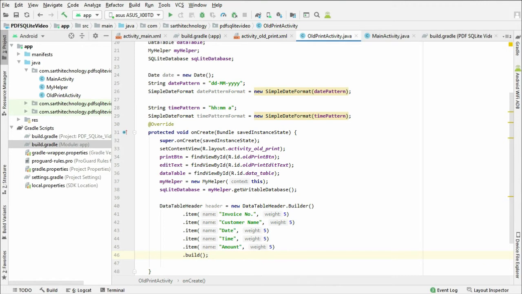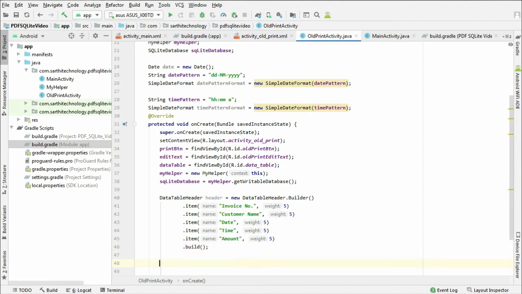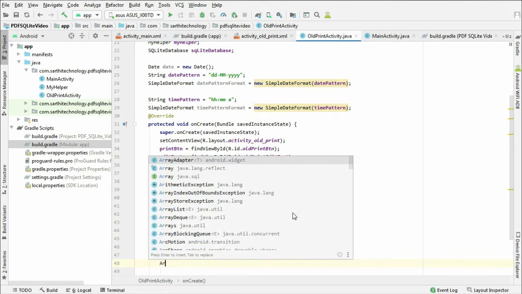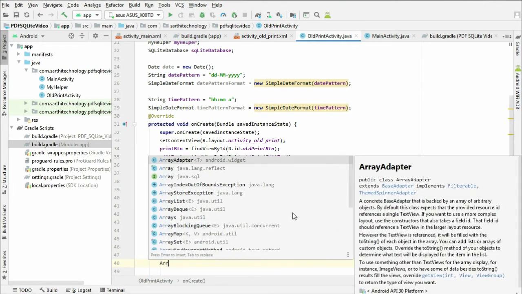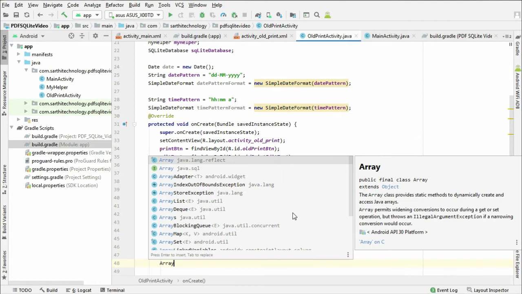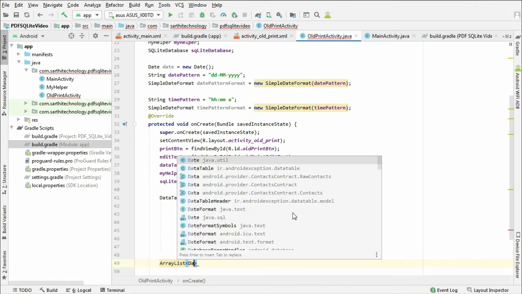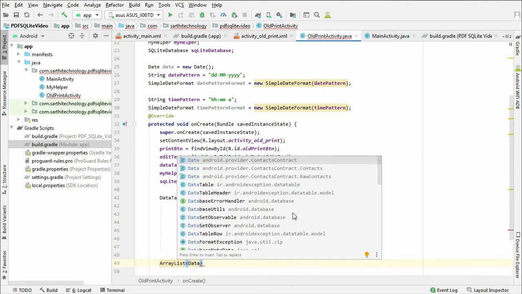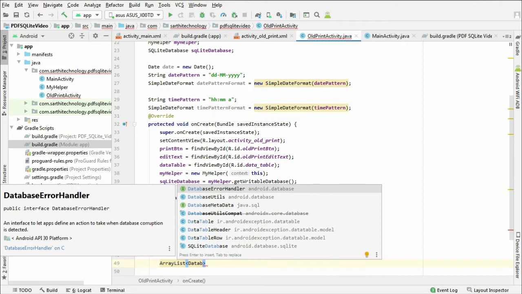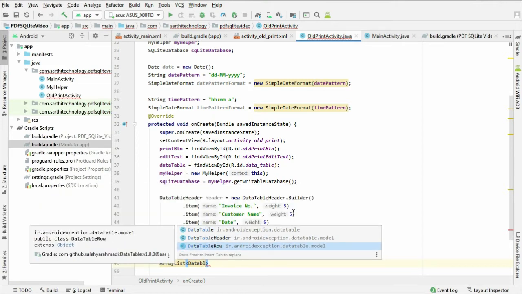Now we need to get the values from the database for the content. Okay, so first we need to create an ArrayList, its type is DataTableRow.